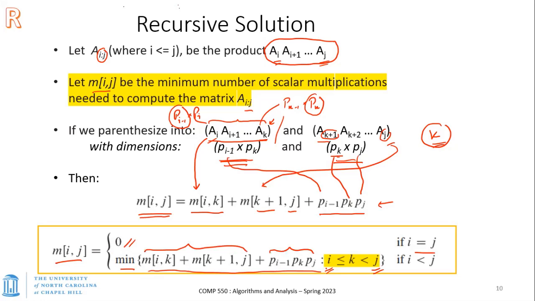The recursive solution, of course, is not ideal unless you do memoization. So that's what dynamic programming does. It says, let's memoize the optimal solutions to the smaller problems,